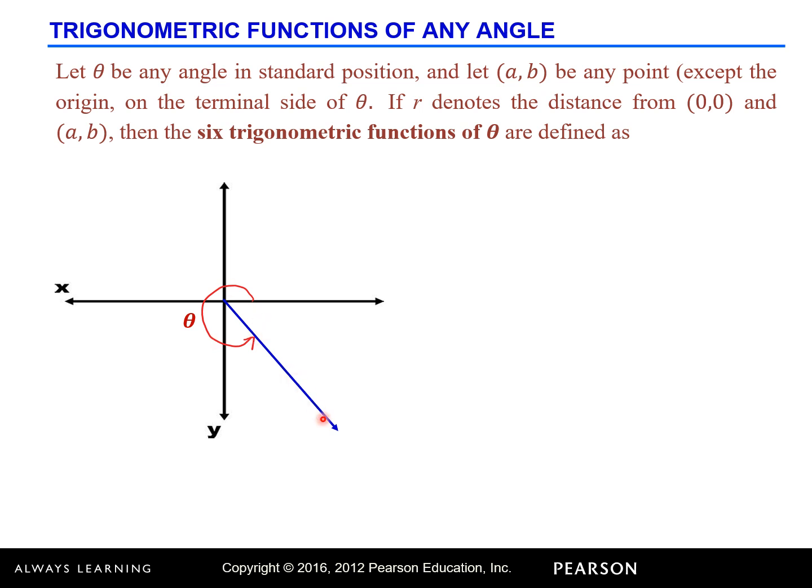So we have a point on the terminal side, which is the point (a, b), and the reference angle here is formed by the x-axis and the terminal side. Let us create a reference right triangle by drawing a vertical line from this point perpendicular to the x-axis. The opposite of this reference angle is the vertical distance, which is y again, the adjacent is the horizontal distance, which is x, and the hypotenuse of this right triangle is denoted by r.